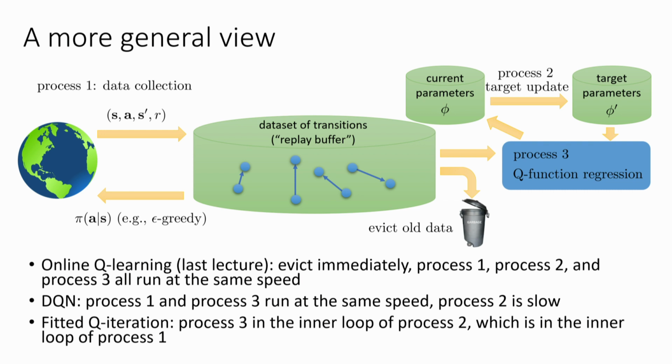Any other questions? Yes? If correlation is the problem in sampling the data, have people tried having some smarter sampling strategy? In fact, yes. There's, for example, a paper that you could read called Prioritized Experience Replay, which tries to sample data from the buffer in a smarter way, actually prioritizing samples where the current Q function makes the largest mistakes. And you can get some speedup and some performance gains from doing that.